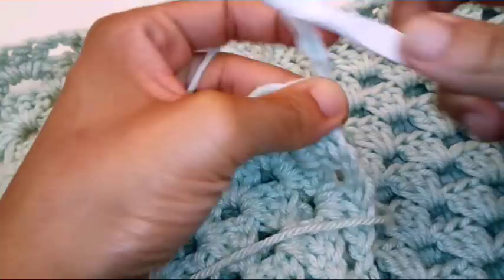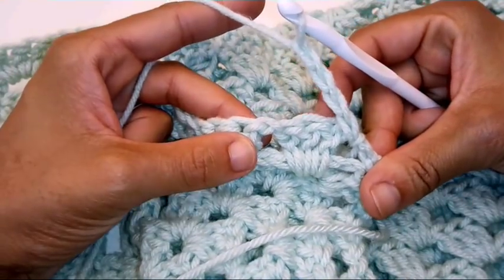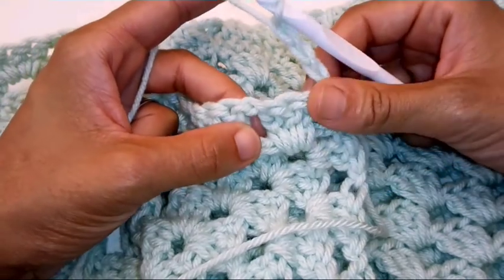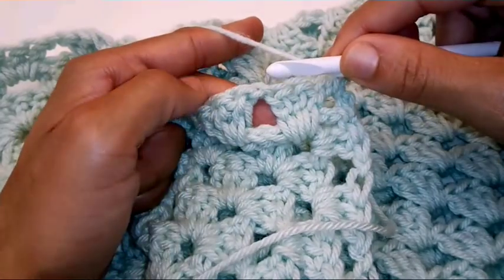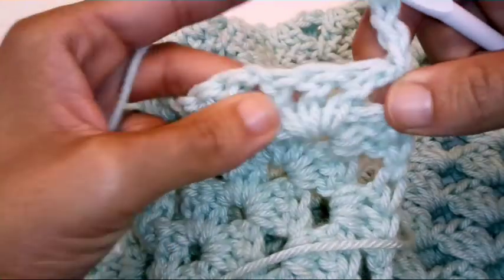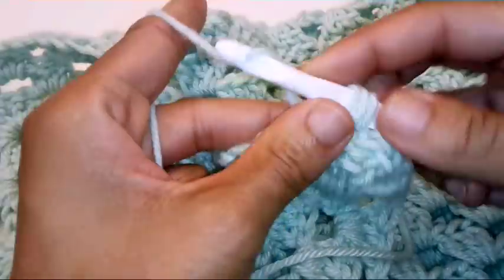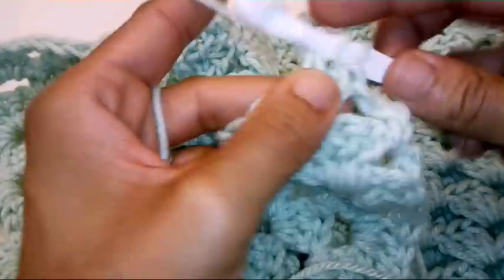1, 2, 3, 4. Your chain 4 counts as a double crochet and a chain 1. We've already worked this stitch before, but I'll show you how to do it again. We're going to place a double crochet cluster into the next chain 1 space. 1, 2,